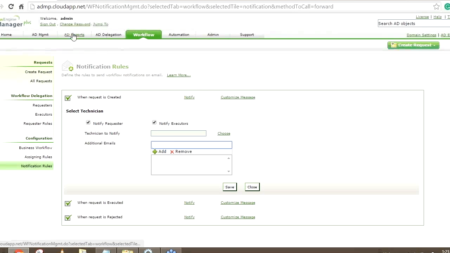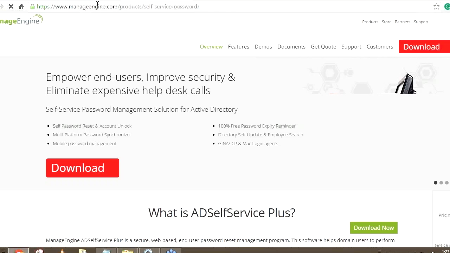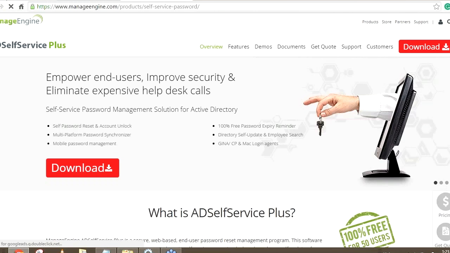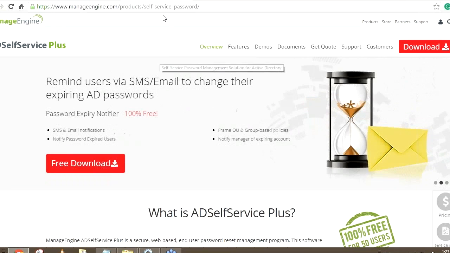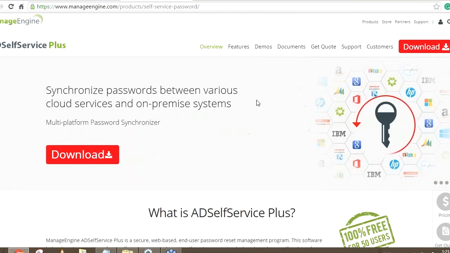And one more thing that I'd like to tell you is we have another application which is AD Self-Service Plus. Some of you might have already been using this. We have an integration between AD Self-Service Plus and ADManager Plus. For those of you who are new, let me give you a quick overview. AD Self-Service Plus is a web-based tool that enables users to reset their own password, unlock their own accounts, or even self-update information in Active Directory,